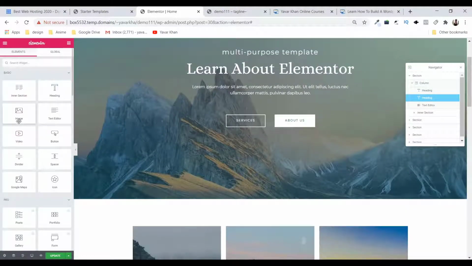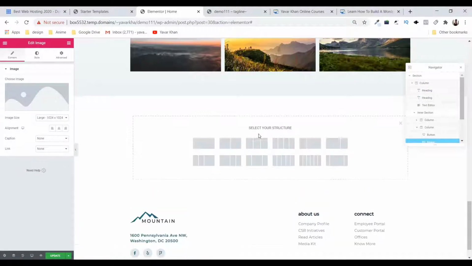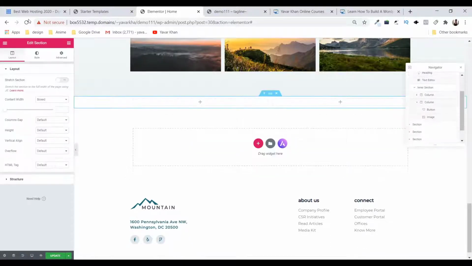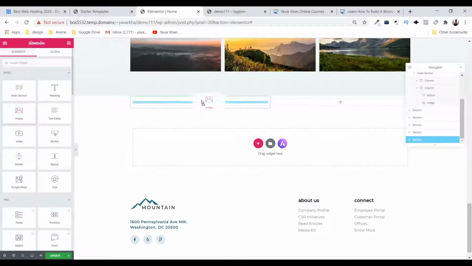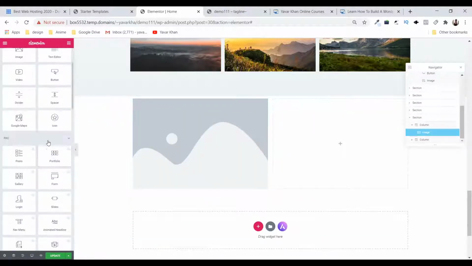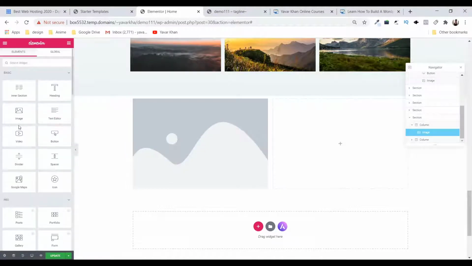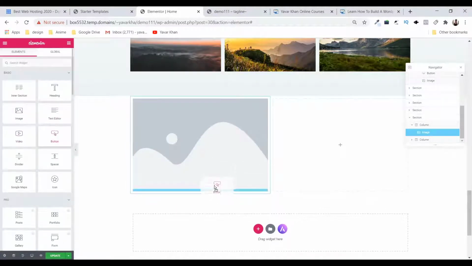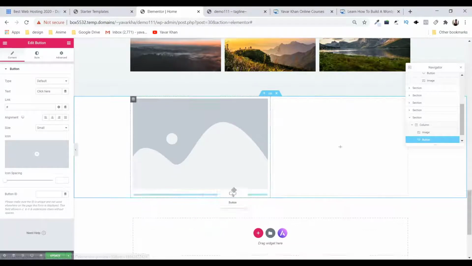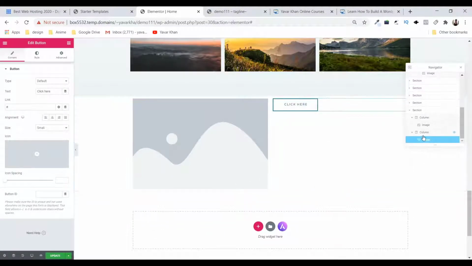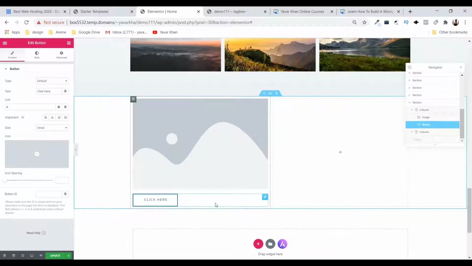So just click over here. If you want to add an image, you can add an image anywhere over here. These are structures, you can use all the structures, 4 columns, 3 columns, 2 columns. If I use 2 columns, you could see the plus sign over here, plus sign over here. If I click over here, you can add the image inside. Again, there are a lot of things over here, you can check it out. Video, button, if I want to add a button over here, I can add. If I want to move the button from here, I can move it from here. Even from the navigator, I can move it from the top to here. I can move, simple as it is.